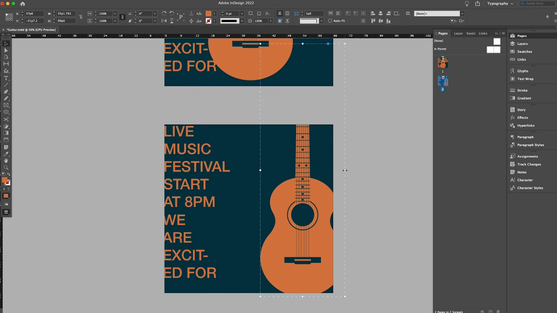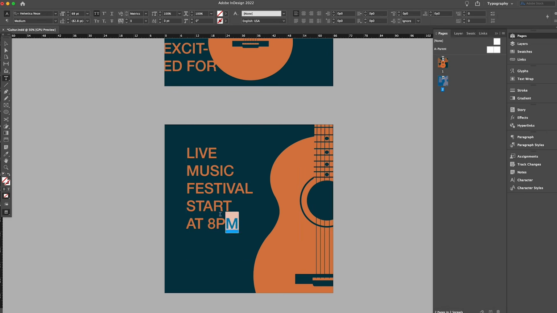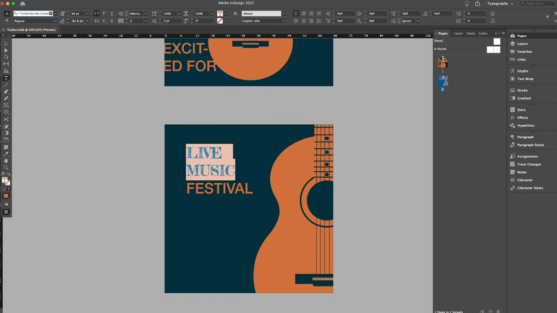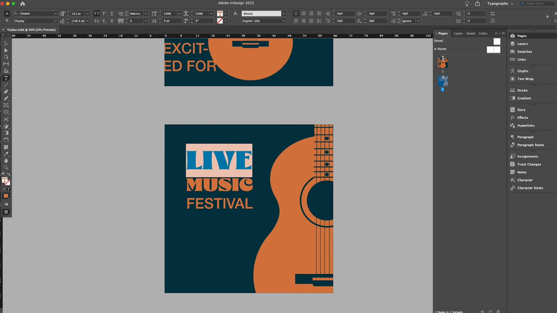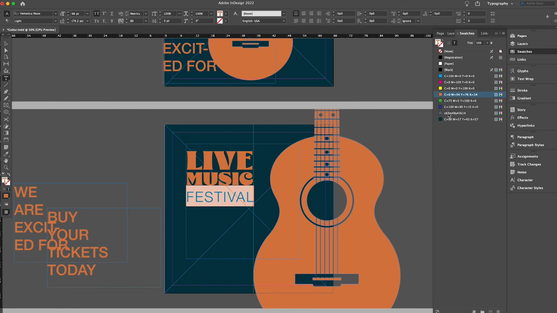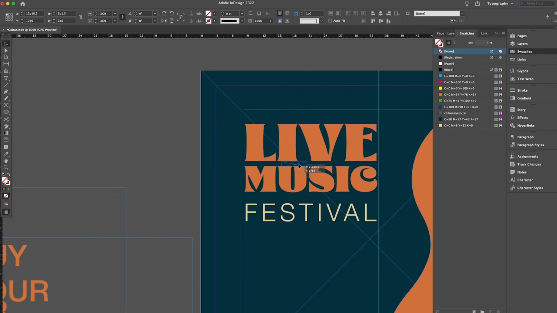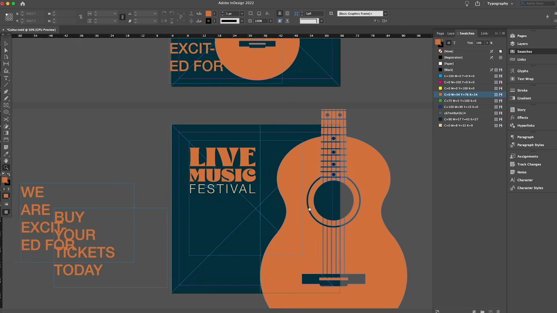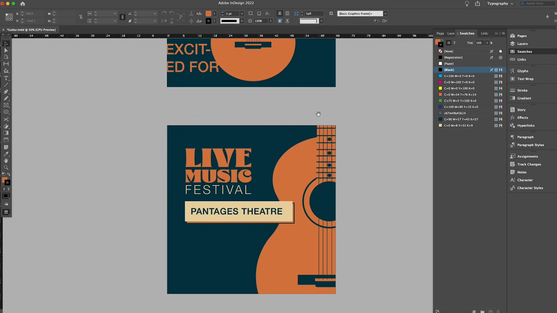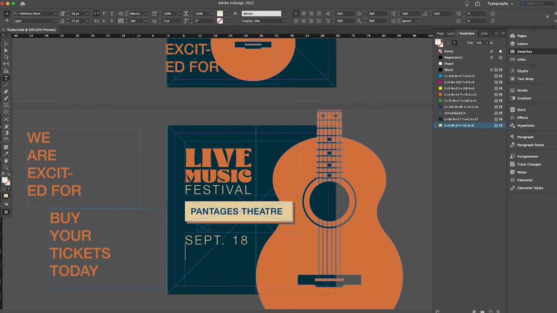So first, I'm going to be moving the guitar to the right, creating a really nice amount of white space on the left where I'm going to put the type. Then I'm adjusting the live music festival at the top, ensuring there's a nice amount of white space around it on the top, the left, and the right, keeping that curve from the guitar really nice. Below this, I am putting the location of the festival with the date and the time below that,